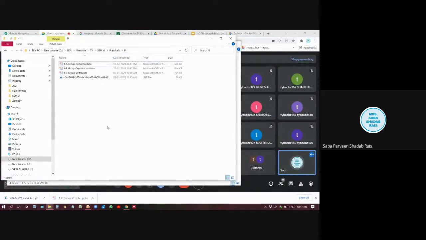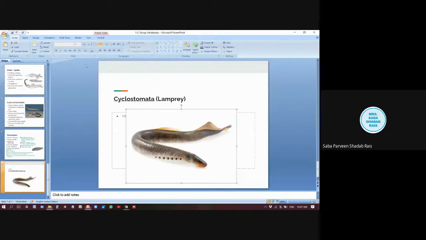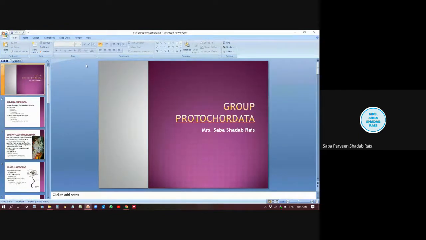Now see how the question will be asked for this particular practical. I think I have added in my slide itself that question number 1 will be based on this particular group. These are nothing but the group Protochordata. There are 3 subdivisions: subphylum Urochordata, subphylum Cephalochordata, and subphylum Vertebrata, in that division Agnatha. Division Gnathostomata is the different or the bigger division that will be asked in a different question. But in the case of question number 1, you will be having a question based on this particular